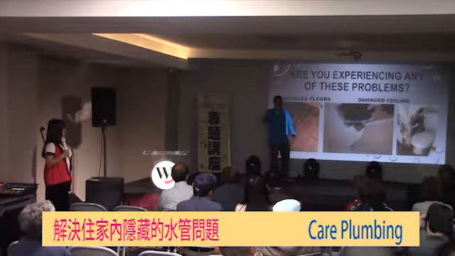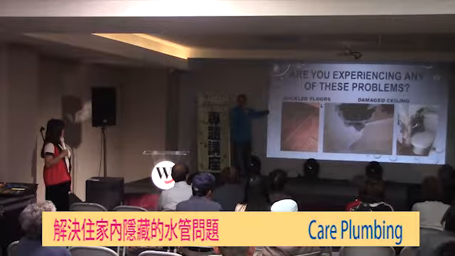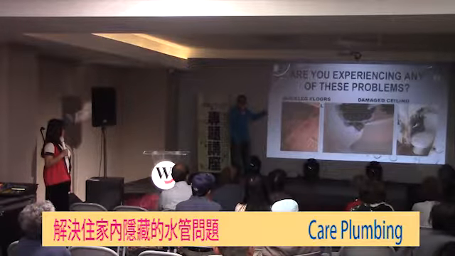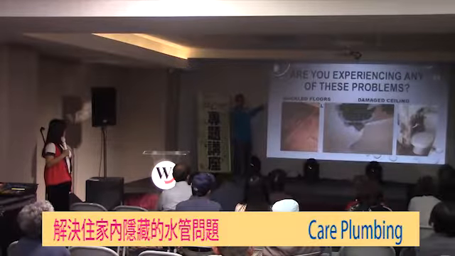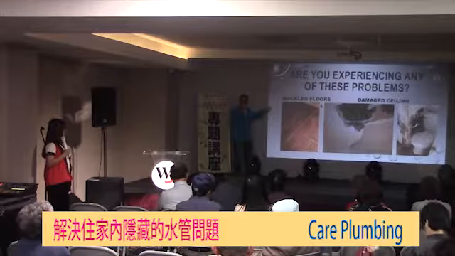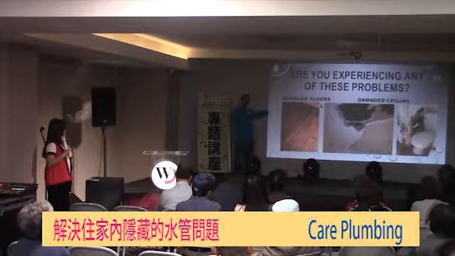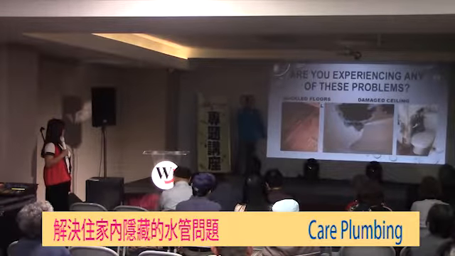Simple thing, you can take a screwdriver and just poke it. Either you'll get water coming out, or if the water isn't coming out, the drywall will be so soft that you can basically push the screwdriver through the drywall. And you'll see the moisture, you'll see that the material is red. Definitely a leak.